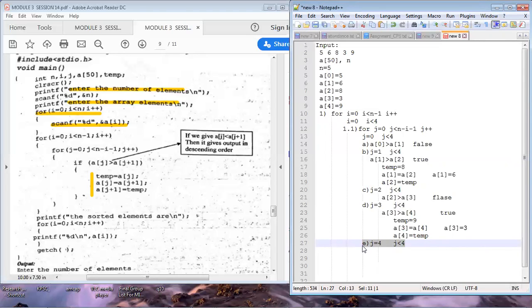The J for loop is stopped. Now, after this, we come back to the outer for loop. That is, the outer for loop is having its second iteration. So this is going to be your second iteration of the outer for loop.